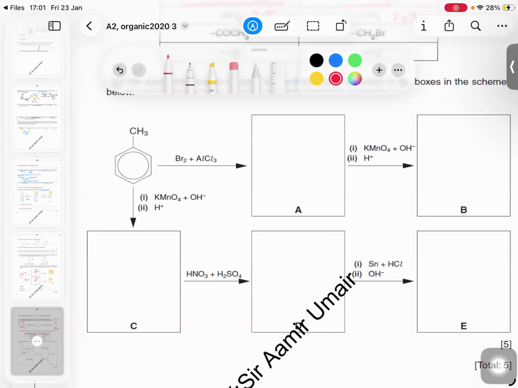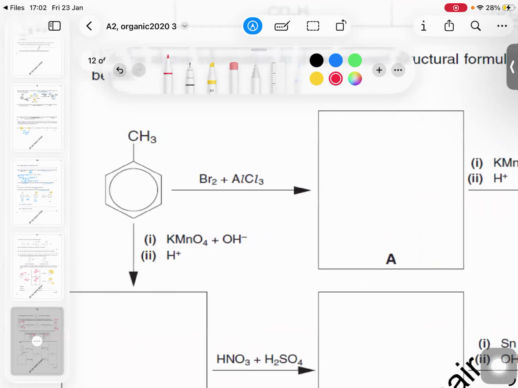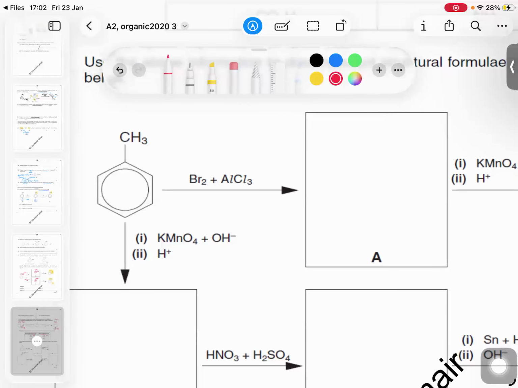Now look at this. If you reacted with Br2 plus AlCl3,